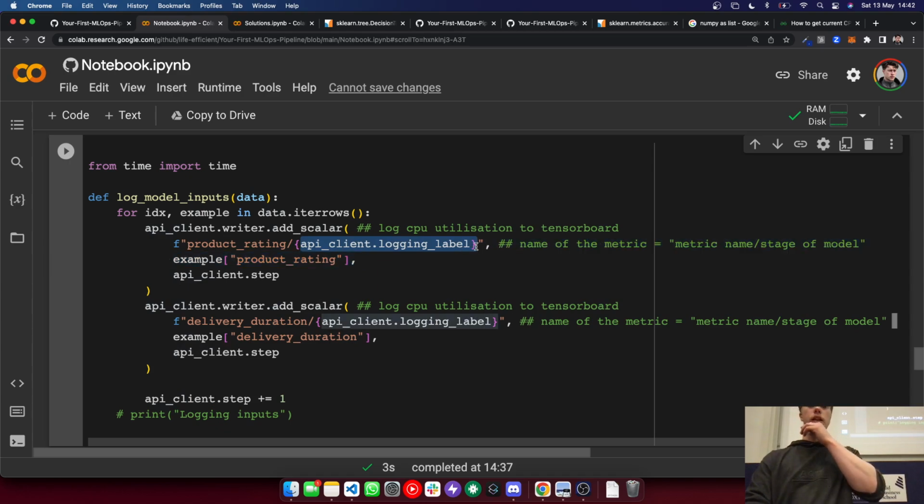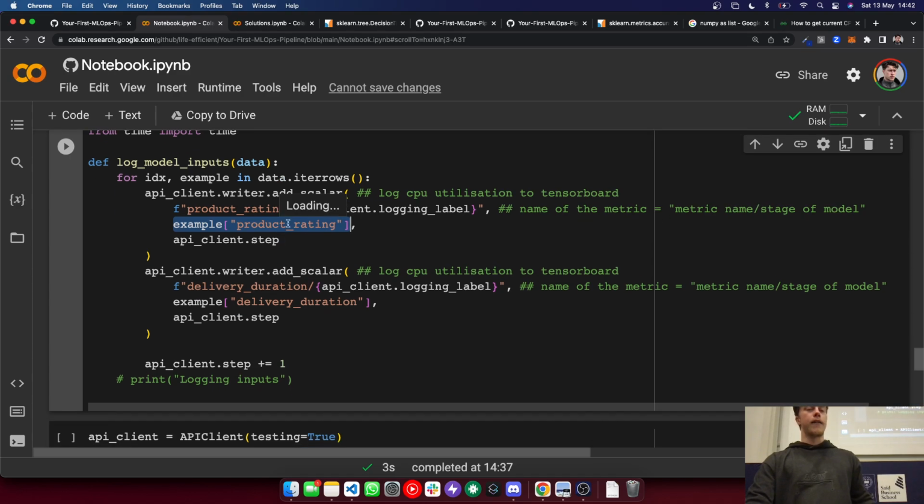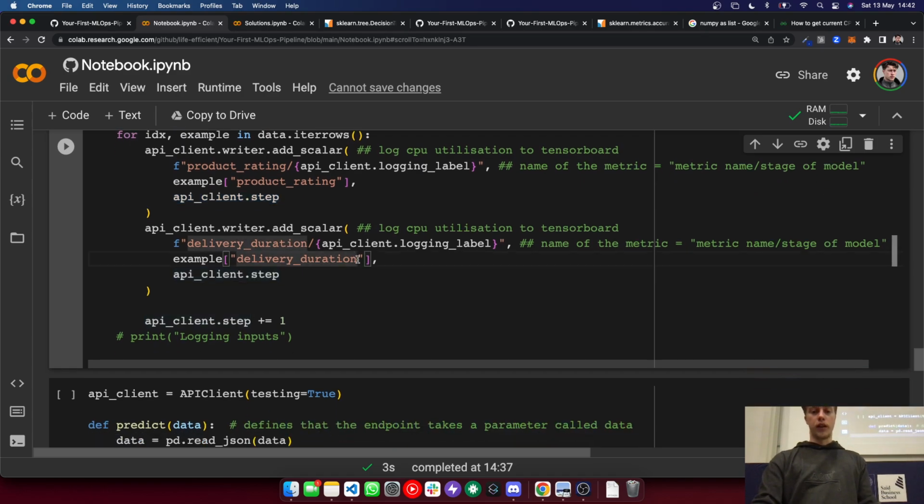I'll show you what that means in a second. And sorry, testing and production. Then I've passed in the actual value, which comes into this data in the form of a dictionary, basically. So I'm going to log that product rating. And then the API client also has a value called step, which is just the X position I'm going to log this at. So when I run this,